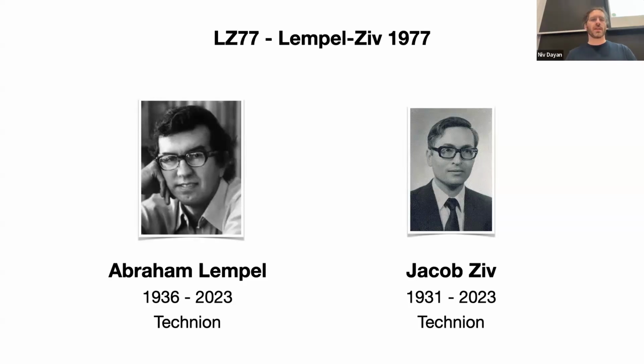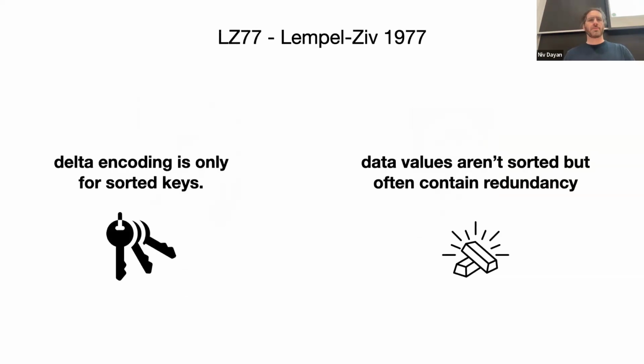They were at the Technion in Israel, and they're both considered pioneers of information theory and of compression in general. The algorithm they created is LZ77, named from the year in which it was invented. And the idea here,